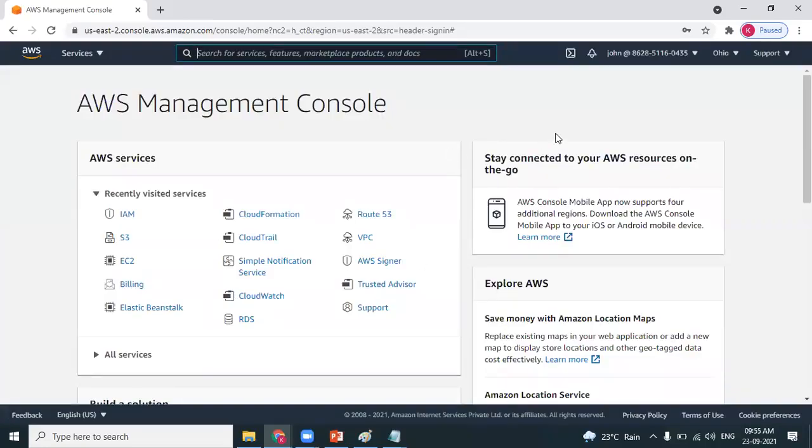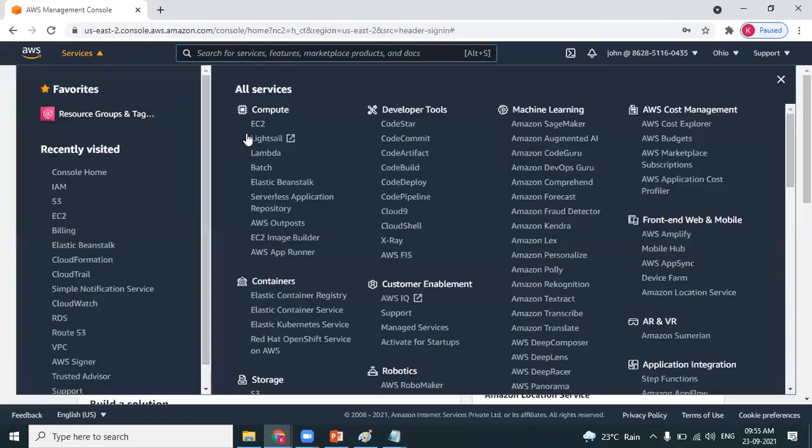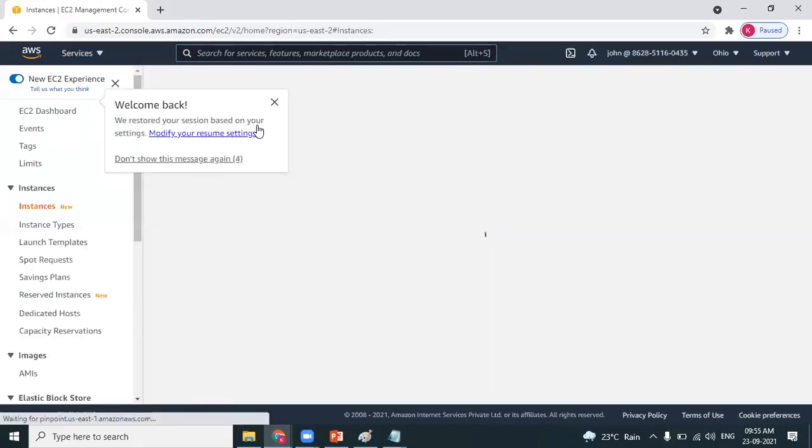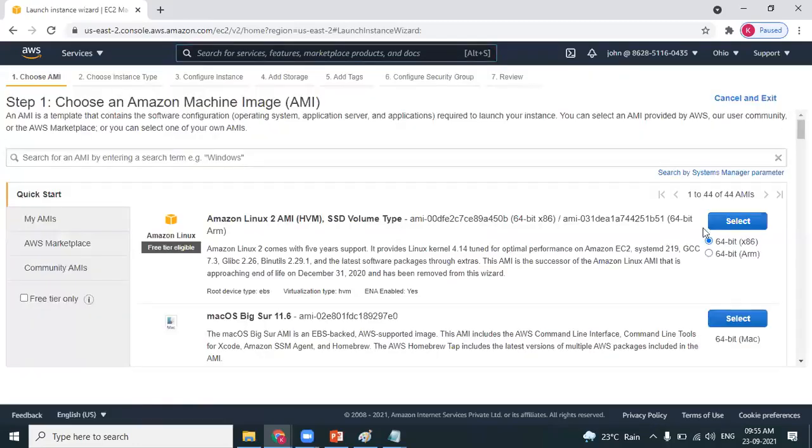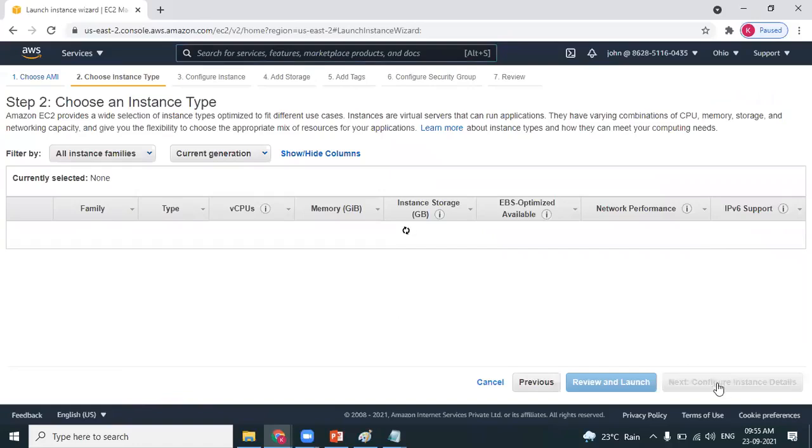Yes, John logged in. You can see on the top right side, John@account ID. So John is authorized to deal with EC2. You're getting instances also, not a problem, you're not getting an error. Whereas Lata logged in, she's unable to see the instances. Happily John can create new instances, not a problem, because he has EC2 access. So there's no issue at all.